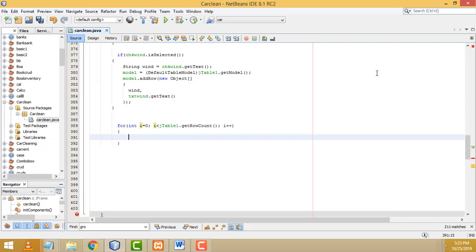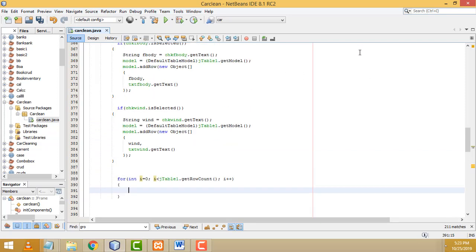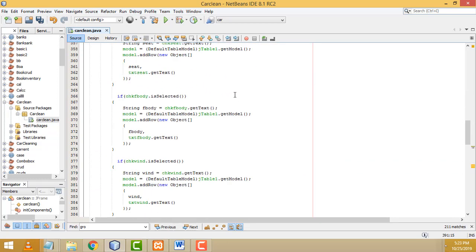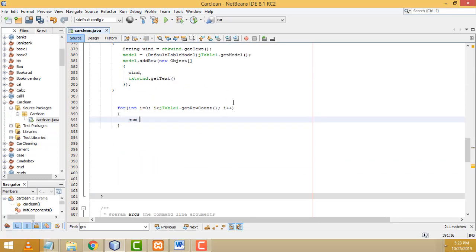After that, you have already created the sum variable above. The same variable I did here. sum equal sum plus Integer